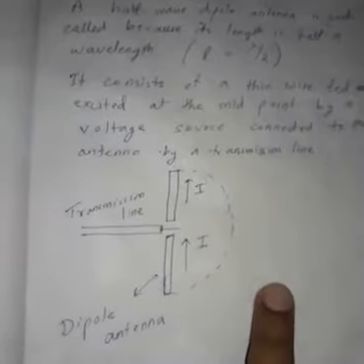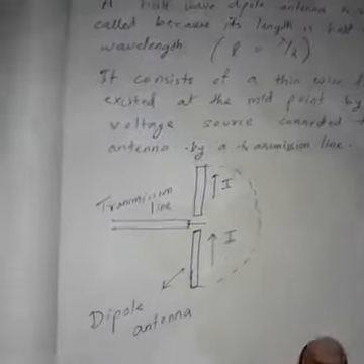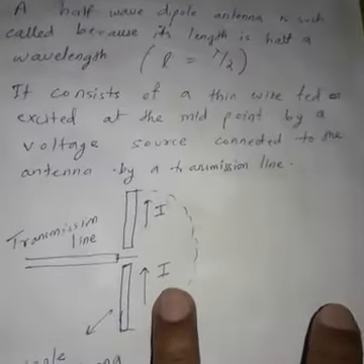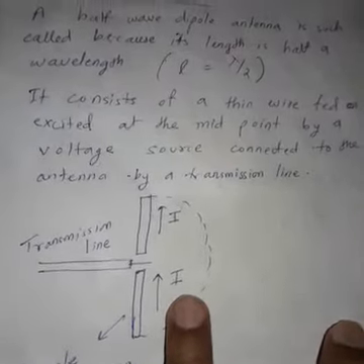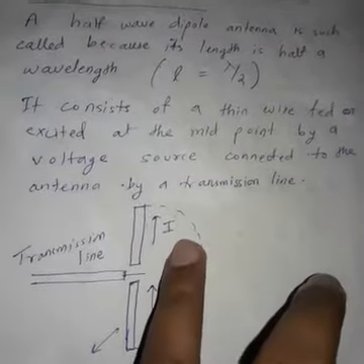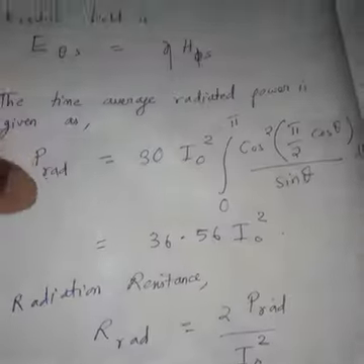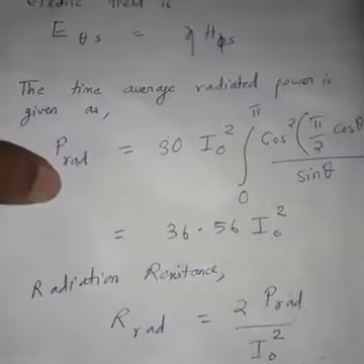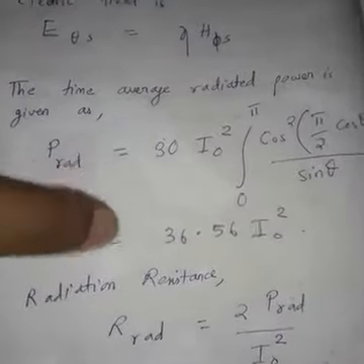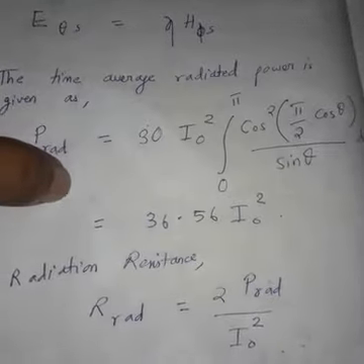So simply you have to remember this figure. The length, the current is I0. Here I is shown as a reference, current is taken as I0. Okay. Then apparent half wave length is taken. Then the formulas for electric and magnetic fields are there. These two formulas you remember. Okay. And this is the main formula you have to remember, the power and radiation resistance. This may come as a short question for you.